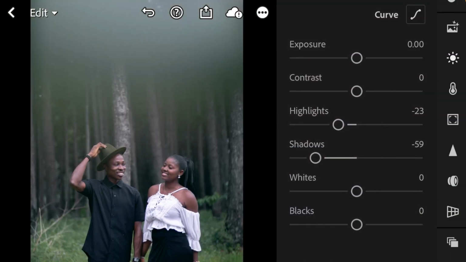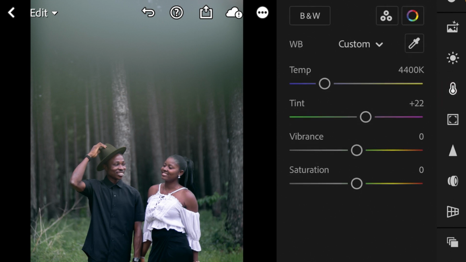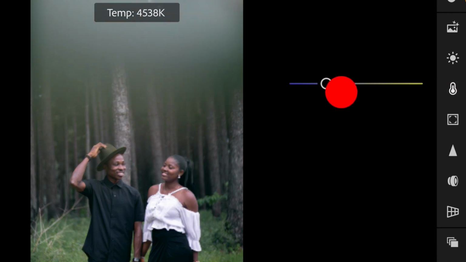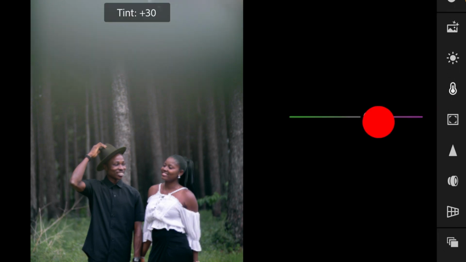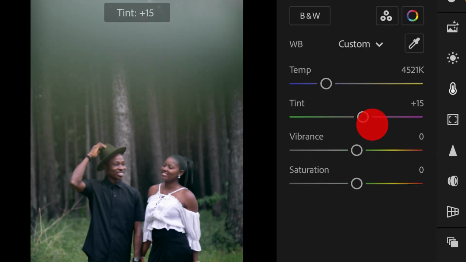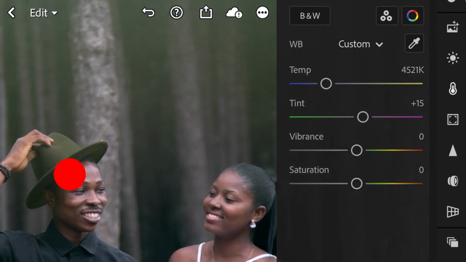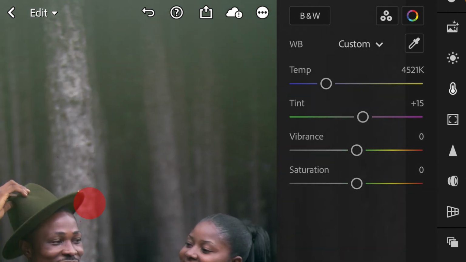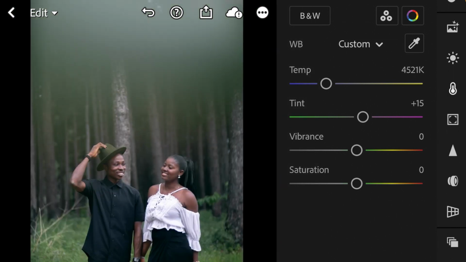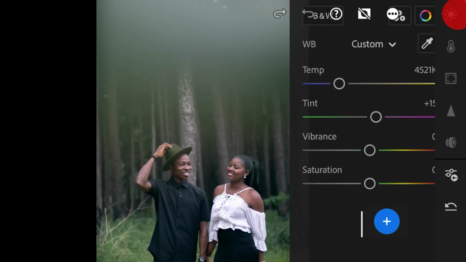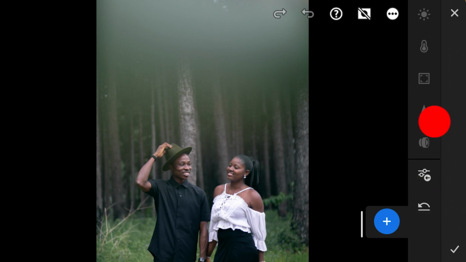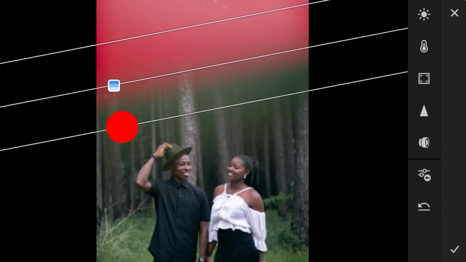It has changed the entire tints of the grains, so we're going to tweak that by adding some temperature, some warmth, and tweak the tints until we're satisfied with what we have. So I've been able to almost match the color of the hearts with the vegetation around them. I would like to add a radial filter, a graduated filter actually, to the top here,